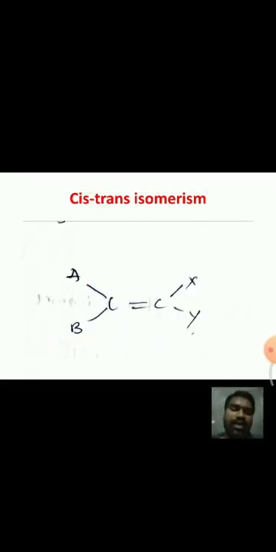Next, coming to this type of molecule, the groups attached to each sp2 carbon are different, but there is no common group on the two sp2 hybridized carbons. There is no common group. That means it is not possible to designate the molecule as cis or trans. Hence, for these types of molecules there is another type of configuration, that is EZ configuration. But for these molecules we cannot assign cis-trans isomerism.